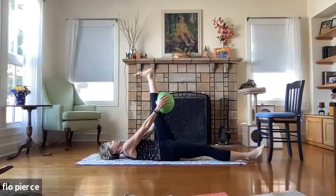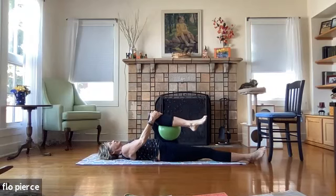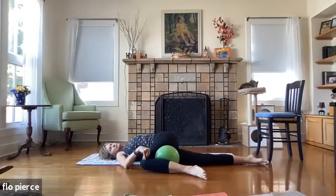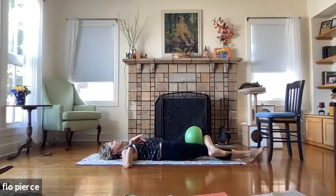Point it and flex it. Point it and flex. One more, point, flex. Side to side. Bend that knee, left arm to the side, bring that left knee towards your right shoulder. First, get that outer hip stretch, and then if you want to, you can turn it into a twist. And then back through center, you put the left foot on the ground, you rotate open, figure 4,